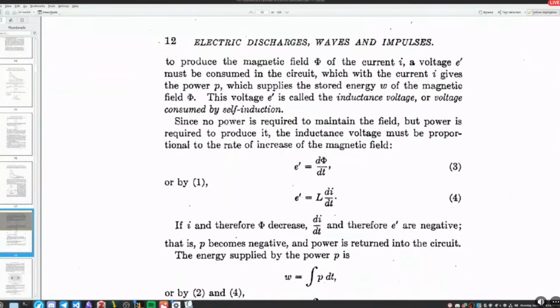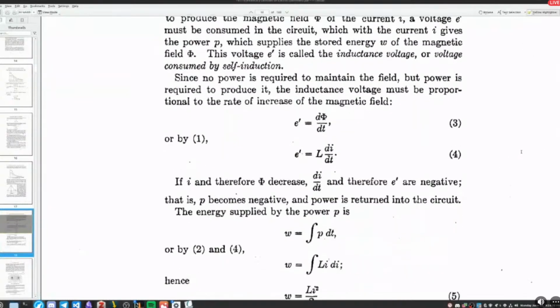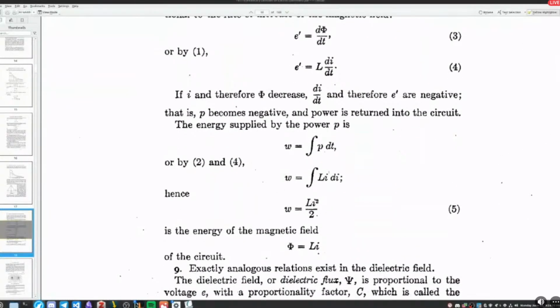Since no power is required to maintain the field, but power is required to produce it, the induction voltage must be proportional to the rate of increase of the magnetic field. E prime equals d phi over dt, or by 1, E prime equals L times di over dt. If I and therefore phi decrease, di over dt and therefore E prime are negative. That is, P becomes negative and power is returned into the circuit. The energy supplied by the power P is W equals the integral of